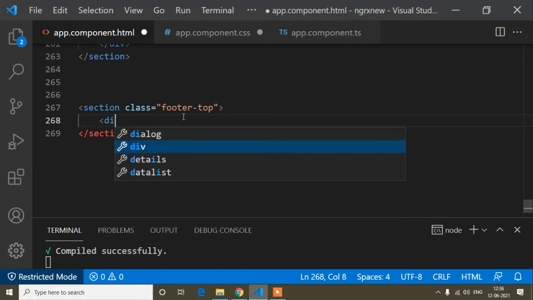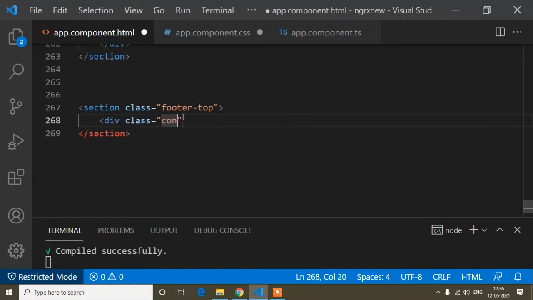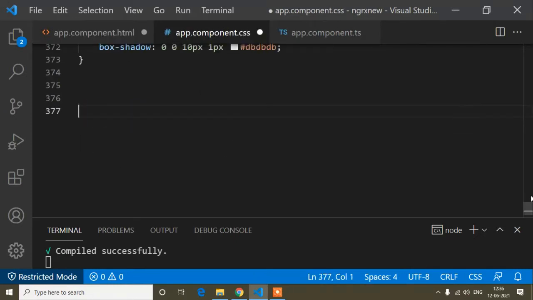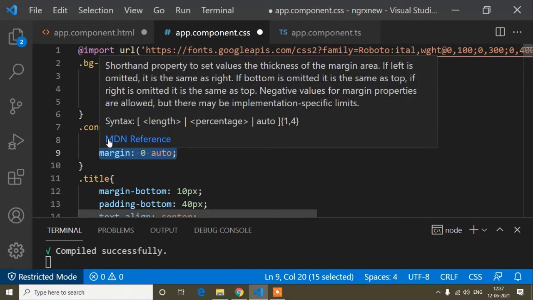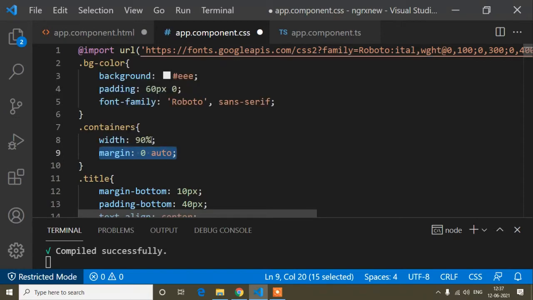Okay, and now guys, here I will write div class containers. This is not a bootstrap class, because the bootstrap class is container. Here I have added containers with an s, because in this containers class I have added some CSS properties manually. You can see width will be 90%, margin is 0 auto, that means top and bottom 0, and left and right will be equal. So that means the content will come in the middle and the width will be 90%, which I previously discussed.